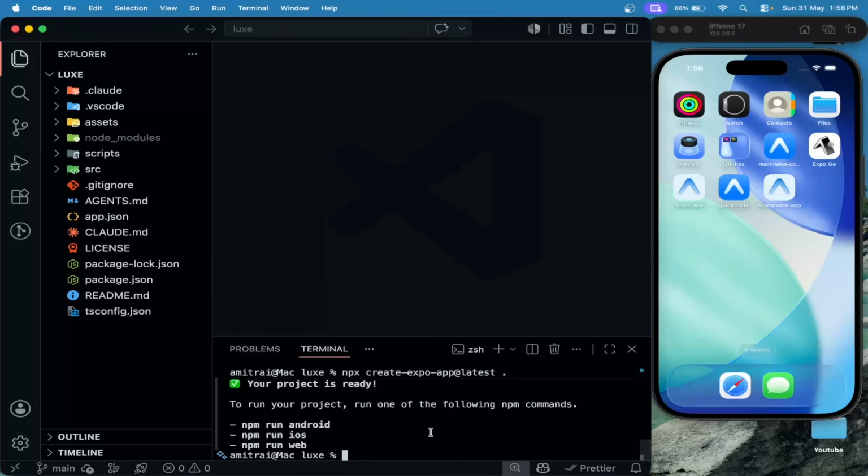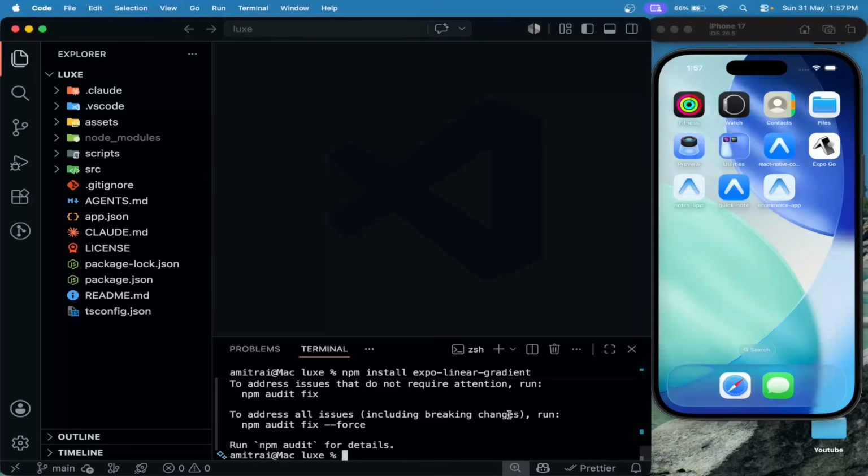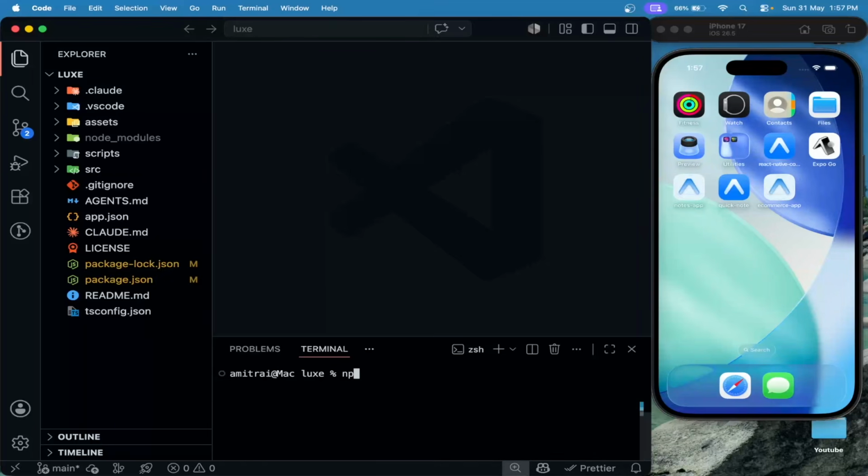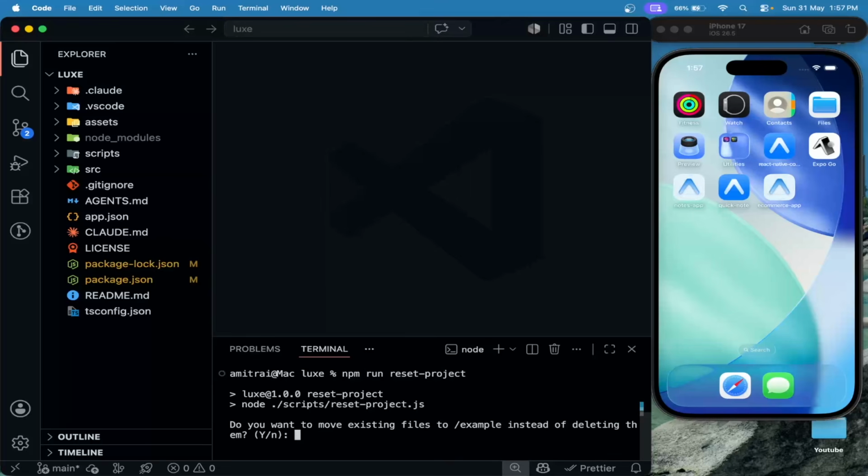The template project is created. Now before we reset the project, I am going to install one package, npm install expo-linear-gradient. Initially I am installing this package so that when we build our iOS build, this package code will be included in that, so that we will not rerun the build. Let's install this package, expo-linear-gradient. Make sure to install it here. Then first I will reset the project, npm run reset-project, no,